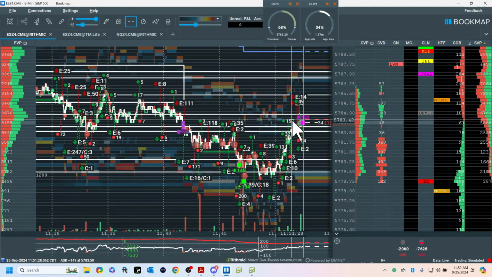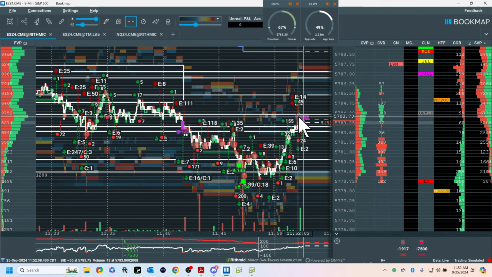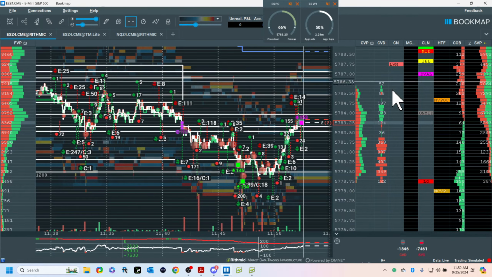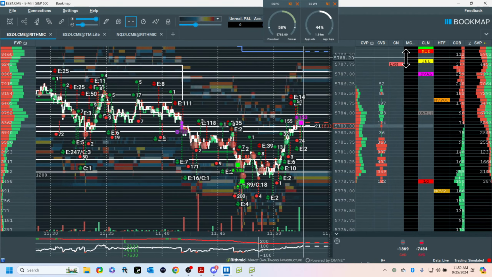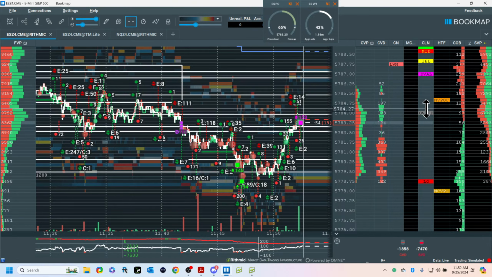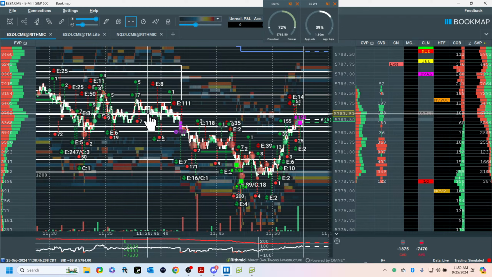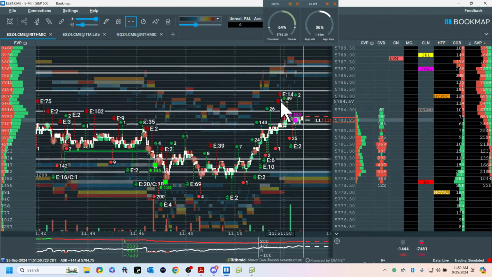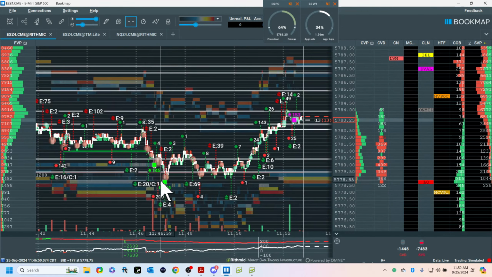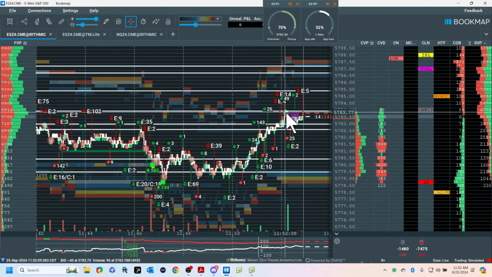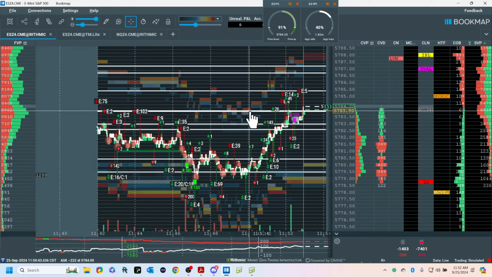We have sellers here. We're coming back out here. This is important, and so is this level. Remember, the trades are out here and possibly in here. We're going to see. We have our resistance here, and we have our absorption here. Notice we had the absorption here and here. This is just the opposite thing here. Now we're coming out to high volume node, and we're just going to watch now.